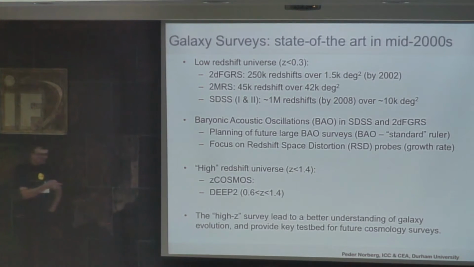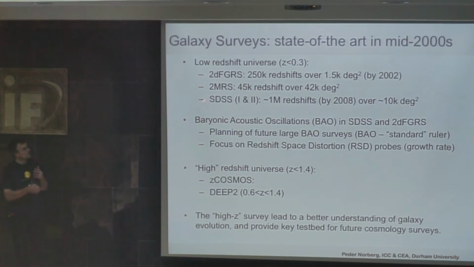Now, what is nice with these ones is that 2DF is fully automated in the sense of the instrument, but with manual interventions on how to decide things. The 2MASS redshift survey is fully manually done. It's actually manual to the extent that it's worrying how manually it has been done, because it's collecting single spectra here and there and so on. So it's very hard if you want to do a statistical sample out of it, understanding it. Luckily, it's rather complete. SDSS is halfway between. It's automated in the sense of knowing what to do, but is still manually plugging in the fibers and all that work. But it's been a great service.